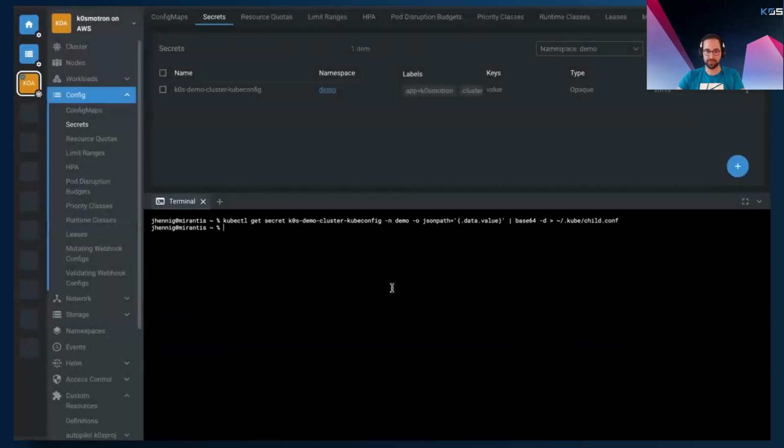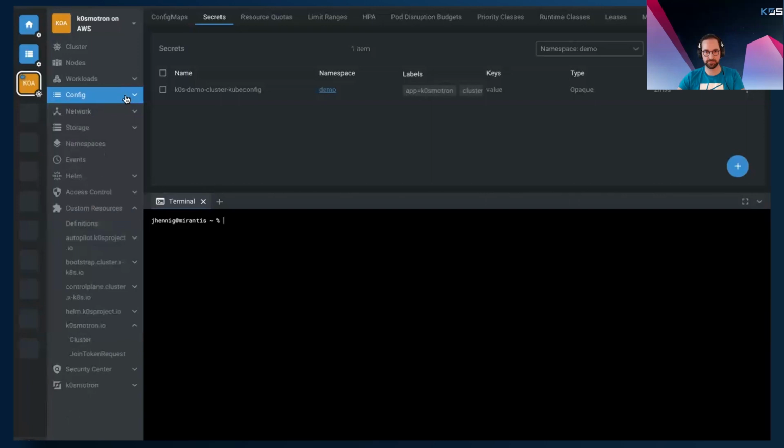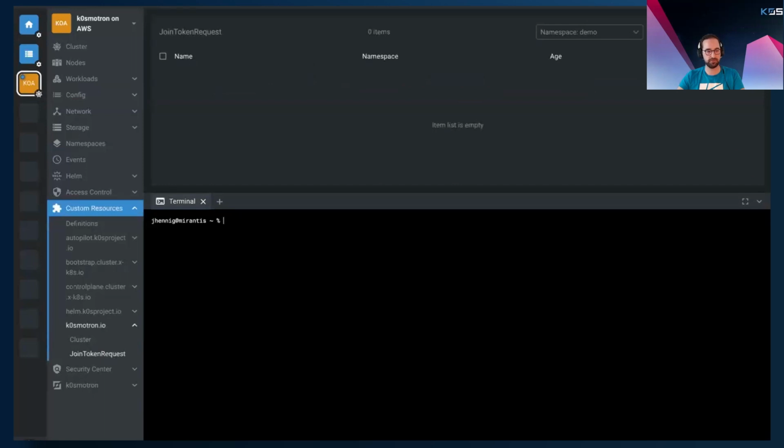The next thing we do is to have a look into, as mentioned, this join token request. So now I have a control plane. It might not be completely ready because, of course, it's Kubernetes. It can be complex, and we are working with AWS as the cloud provider. So sometimes that can take some seconds too. But I've mentioned the CRD called join token request. And I will create one so we can